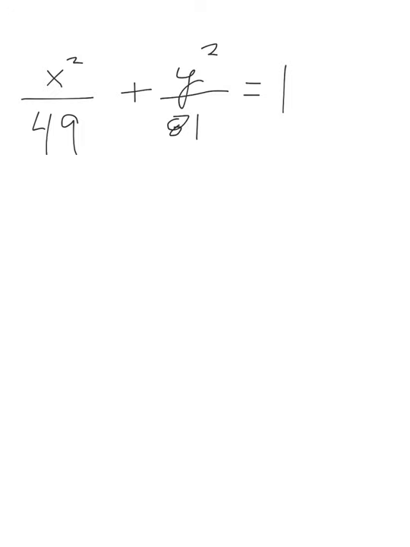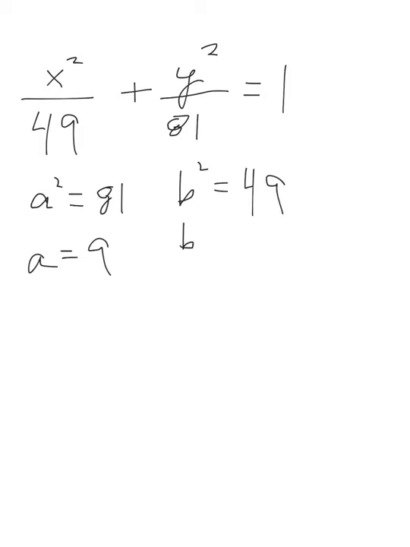Okay, in this problem, number 7, we are going to graph the ellipse and the foci. So first off, we see a squared is equal to 81. A squared is always the larger of the two numbers. If I square root, a equals 9. B squared is equal to the smaller of the two denominators, which is 49, so b is equal to 7